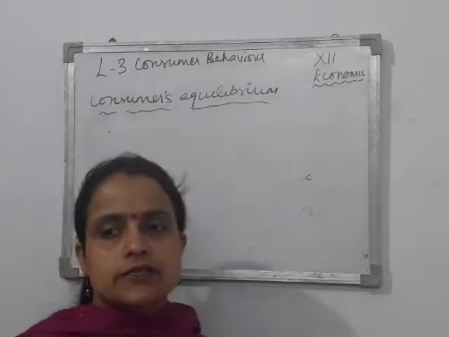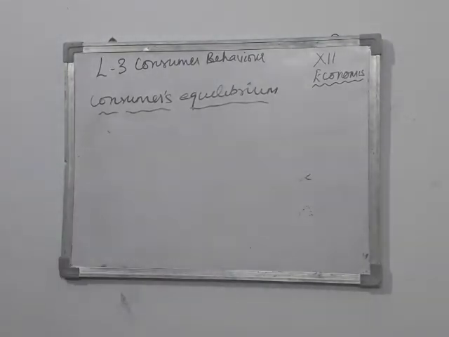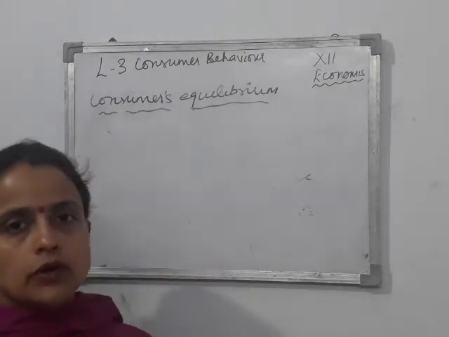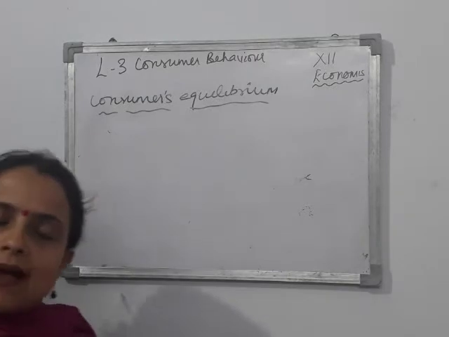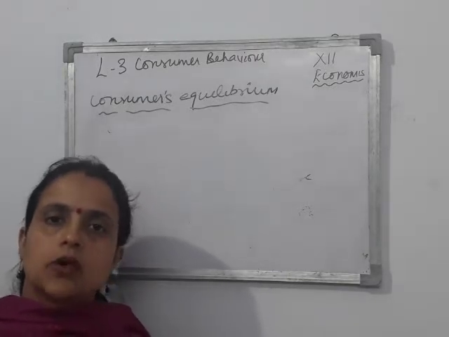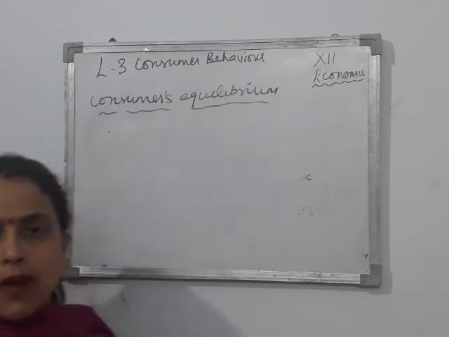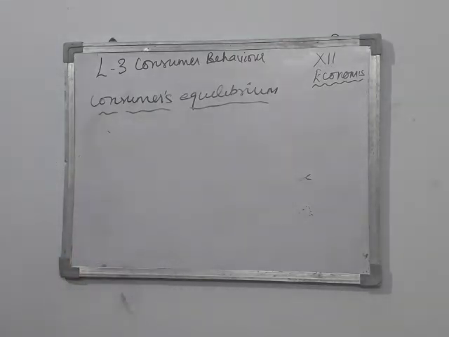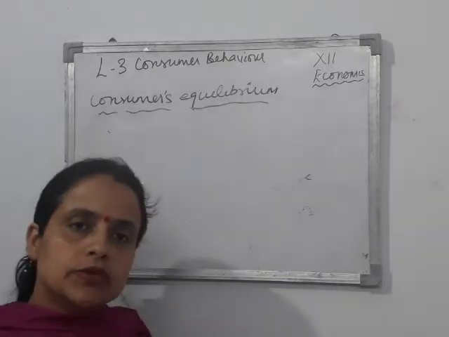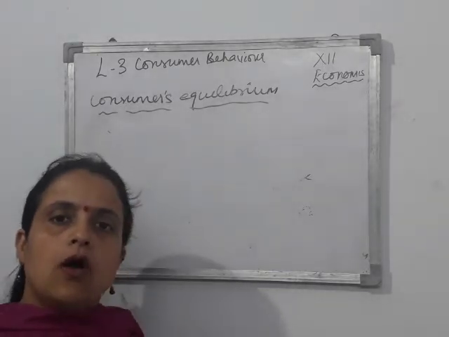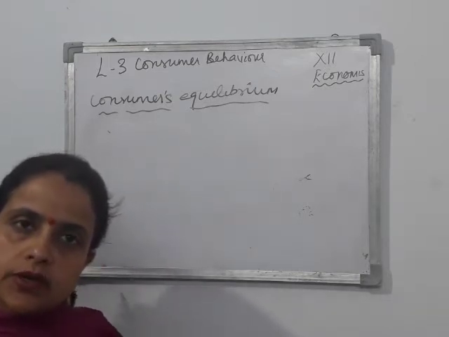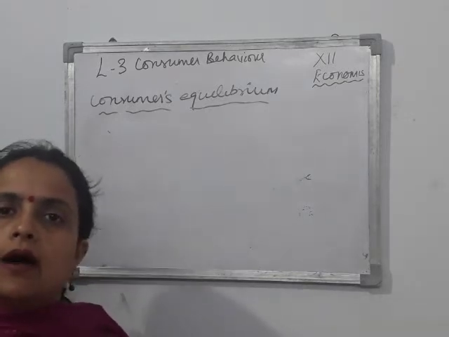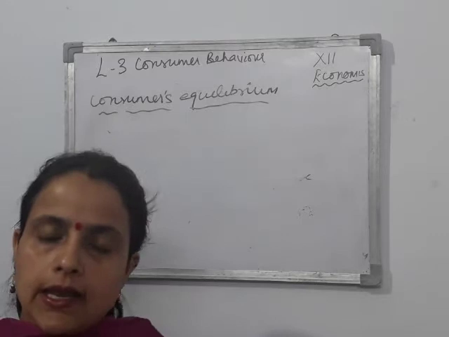So I told you children what is consumers equilibrium. I told you earlier also. Again I'm going to repeat this, that a utility maximizing consumer, all the consumers are always rational. When I say the term rational, it means that consumers want to maximize their satisfaction. So all the rational consumers want to maximize their satisfaction, and they want to reach the equilibrium position, and the consumer's equilibrium position is a state which refers to the position of maximum satisfaction while the consumer spends his income on the purchases of different types of goods and services, right?